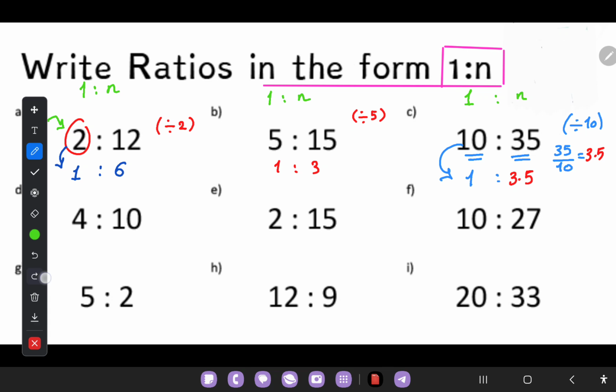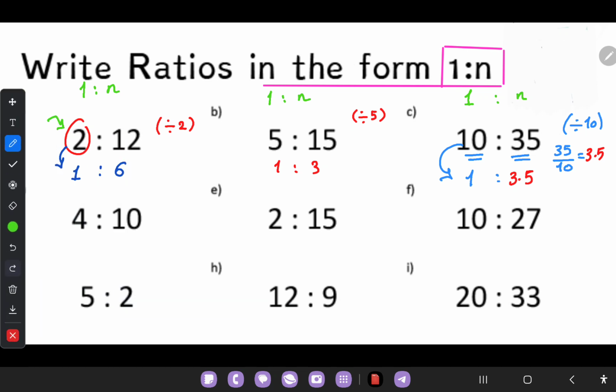Okay, the next one, letter D, 4 to 10. So I want to make the first term 1. Here we have in the first term number 4. So we can divide each term of this ratio by 4 to make the first term 1. If we divide the first term by 4, it will be 1, and this is what we need to reach. And then don't worry if we get fractions or decimals in the second term. So here if we divide 10 by 4, we will get